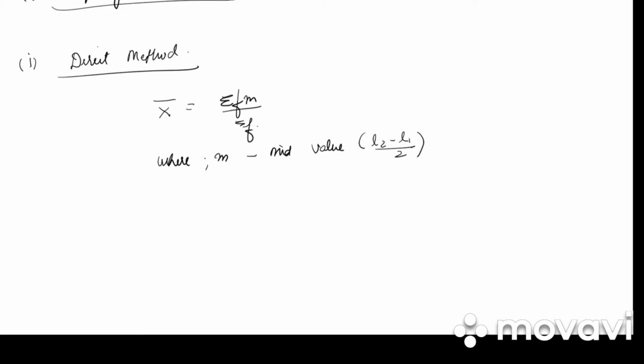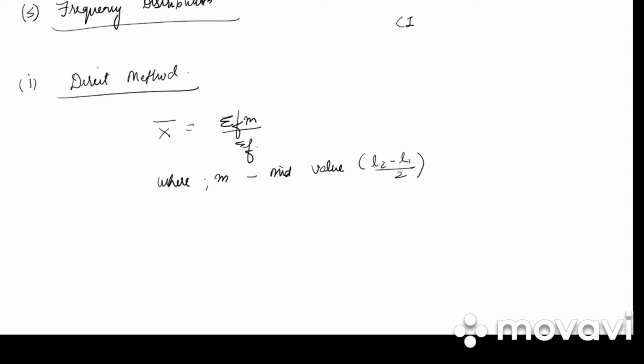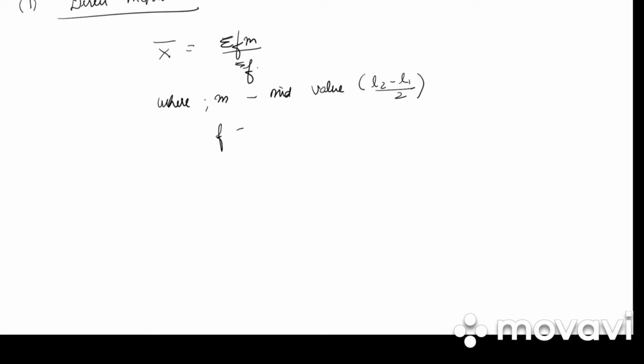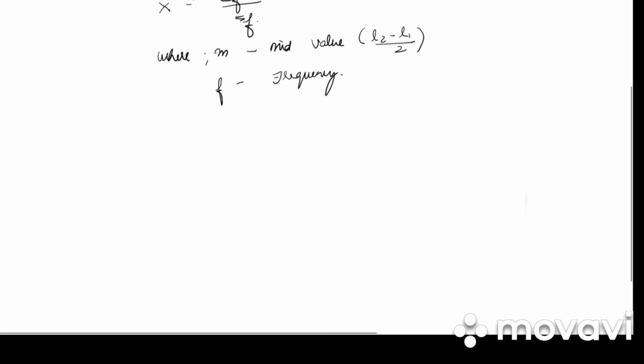So in case of frequency distribution, they will be giving us class interval and frequencies. So we need to find out middle value of the class interval. Say for example, if the class interval is 0 to 10, so it will be 0 plus 10 divided by 2, that is 10 divided by 2, it will be 5. So our middle value will be 5. What will be f? It will be frequency. Clear? So let us take an illustration.